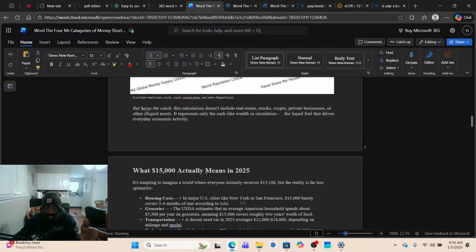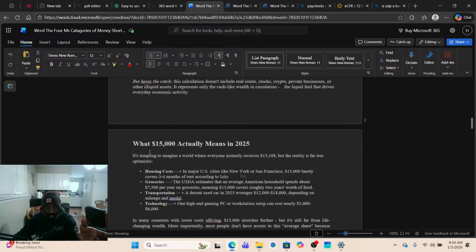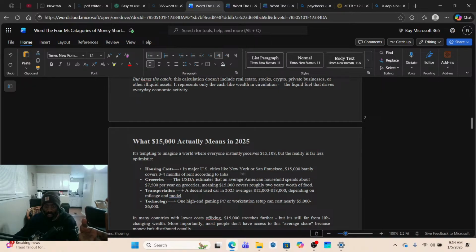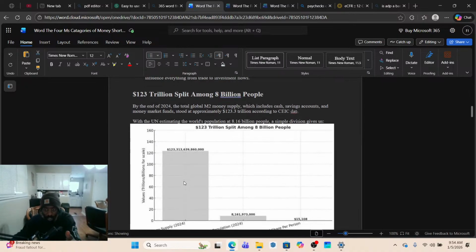The $15,000 means imagine a world where everyone is given $15,000, but in reality it's far less, since you're counting everybody globally, even babies. So that's not an accurate sentiment of what's going on if you split it among all people. Essentially this number is the cash value. That's what I want you to keep in your head.